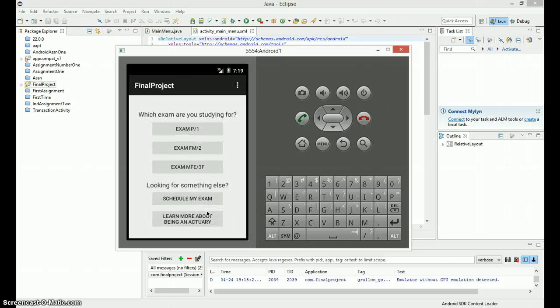This is my presentation. Now, as you can see, this is the first screen that you'll come up to, and a little background on my project. I'm studying to become an actuary, and to become a certified actuary, you have to take a series of exams. So I decided to make an app that would assist myself or some other actuarial student with studying for these